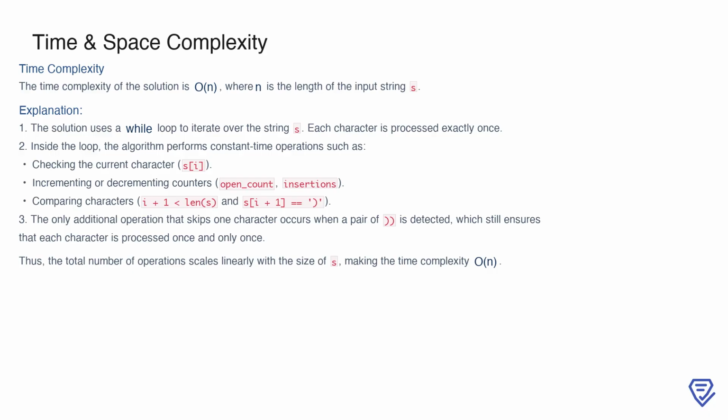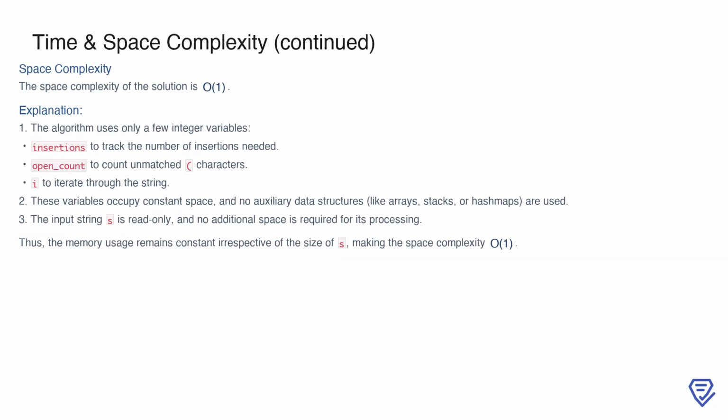Even when the algorithm detects a pair of closing parentheses and skips the next character, the total number of operations remains proportional to the size of the string. As a result, the time complexity is linear, or O(n). The space complexity of the solution is O(1), meaning it uses constant space regardless of the size of the input string. This is because the algorithm only uses a few integer variables, like insertions to count the number of insertions